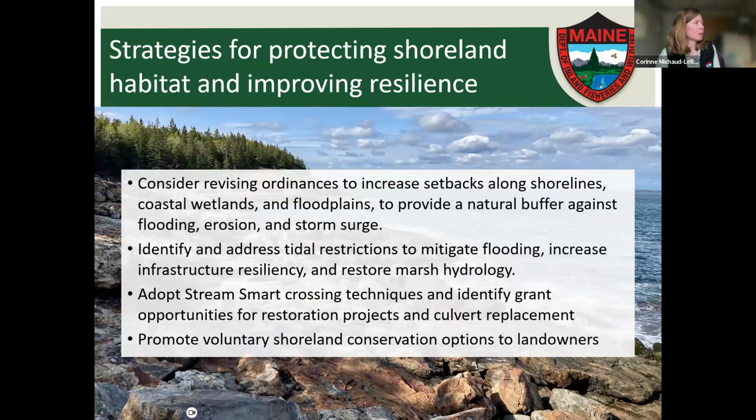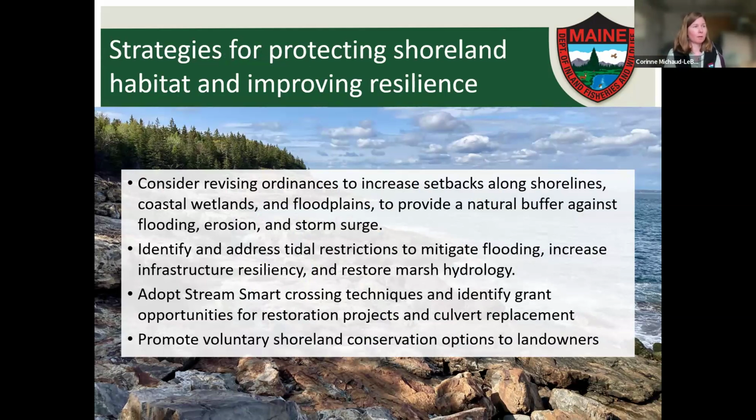So maps and tools such as these are critical to understanding the natural landscape and identifying priority areas in your community. But I also want to emphasize today how these maps and tools can be used to bridge the gap from inventory to actual specific actions on the ground that you as a community or a climate action committee can think about taking. So common things that we recommend to